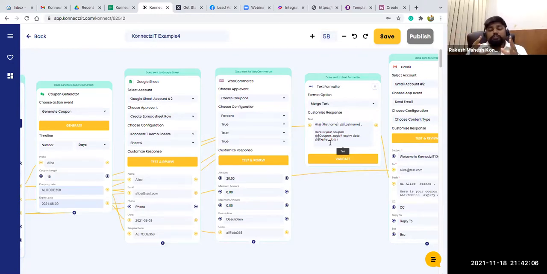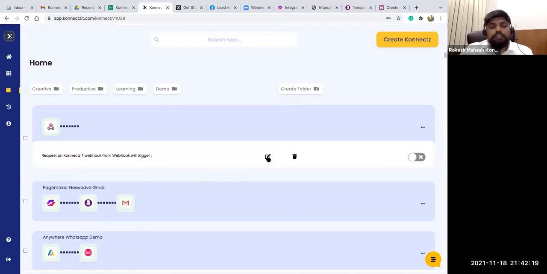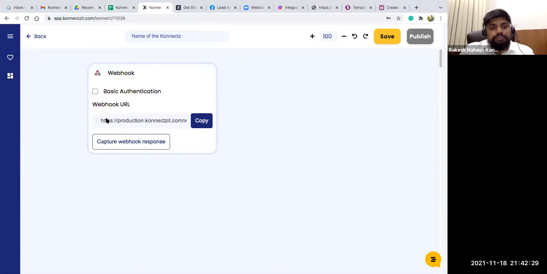So basically you can use Connexit internal apps. I'll be showing you the different types of internal apps we have. I'll go here itself and show you guys the different types of internal apps and everything you can use and modify. I'll just click on capture response and send the record again.